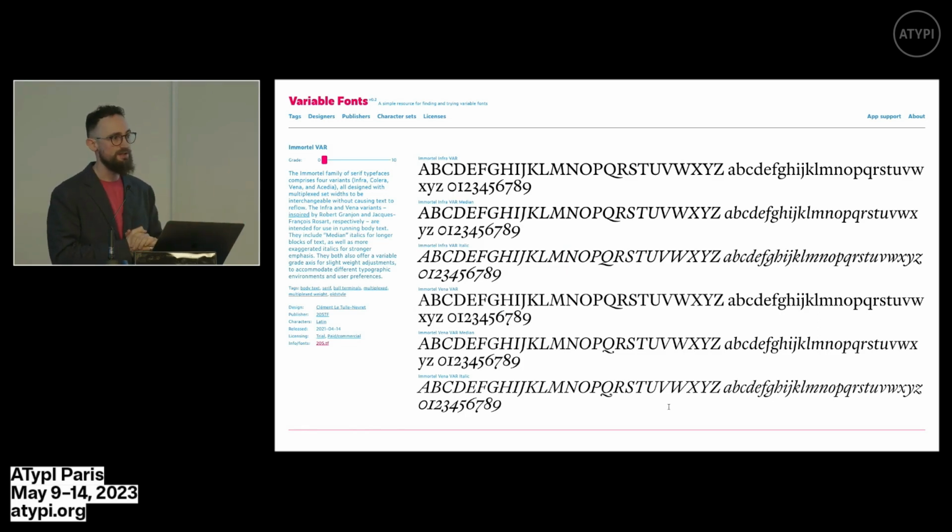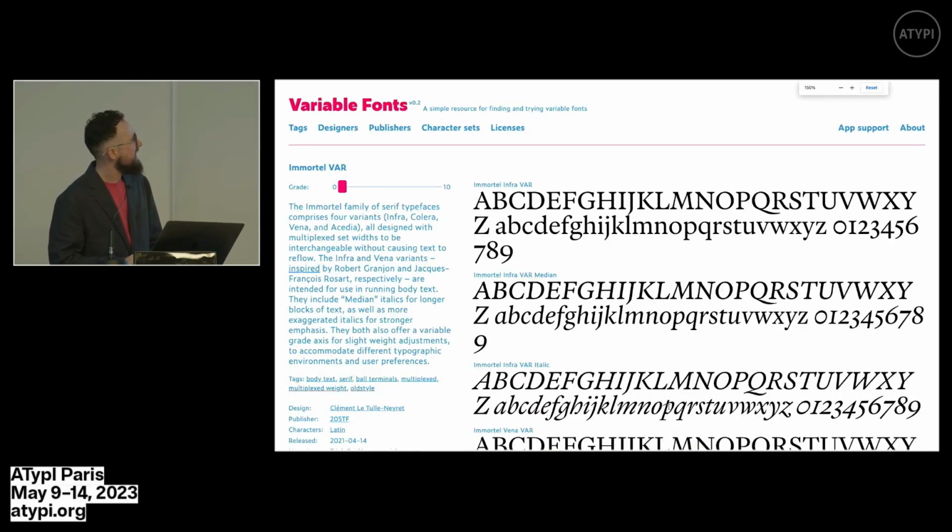Eric van Blokland with Lettera has released some good ones, and this one I was happy to see from, I believe, a French designer. Here we are in Paris. And it's a nice family here, and you can see there's just one axis, grade, and its values are 0 to 10. And so you can apply the grade here, and let's see, it's very subtle,